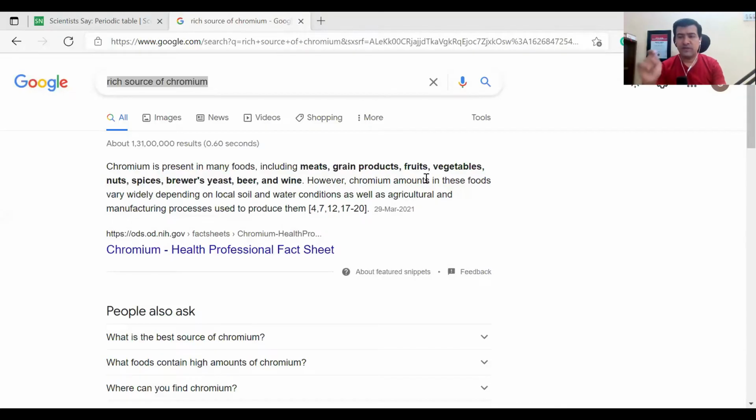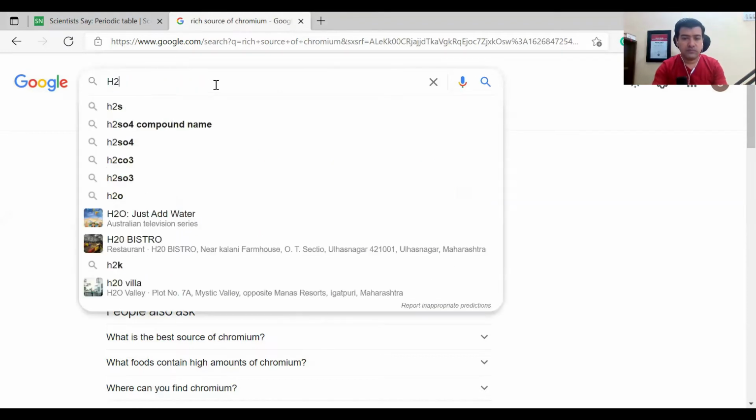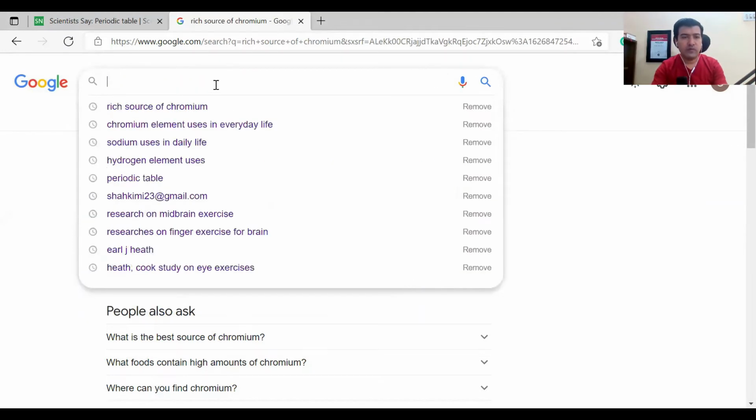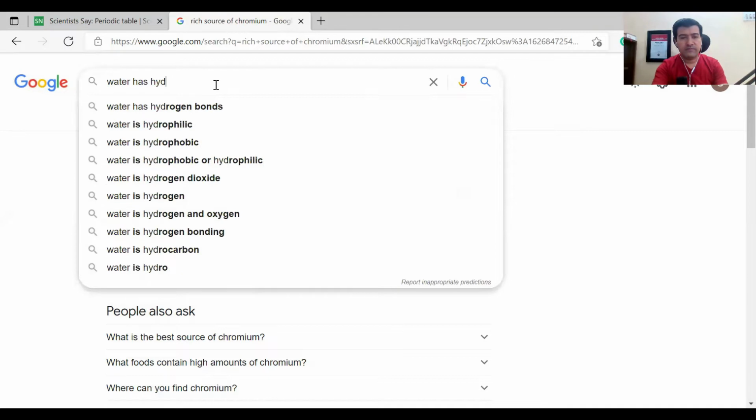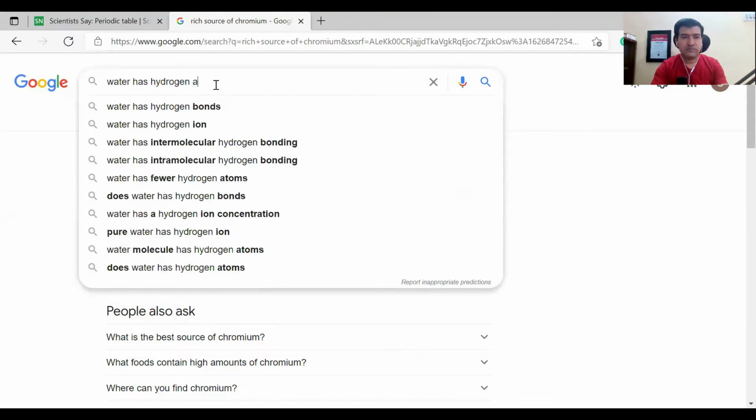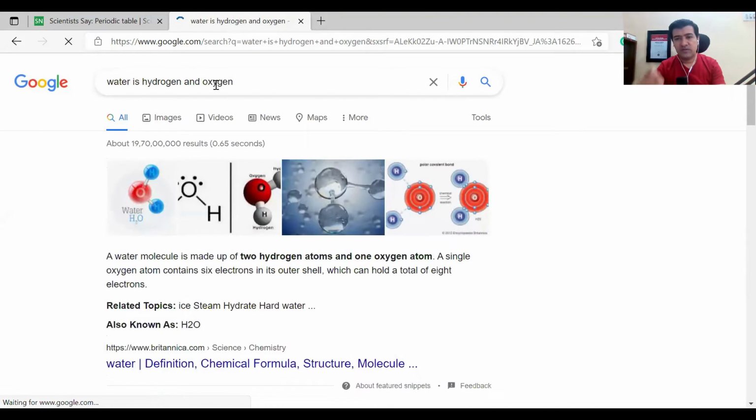Like the very first element we all know is hydrogen. So we'll start with hydrogen, and see how you can make a keyword or some use of hydrogen. So we all know H2O, or water, is hydrogen and oxygen. So let's take a water bottle. A water bottle will have water, and that could be a clue for hydrogen.